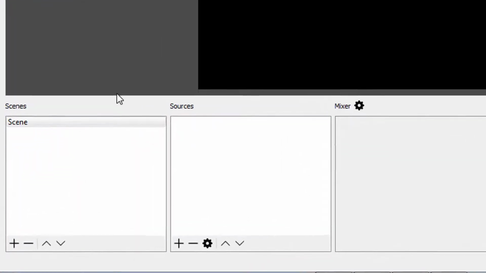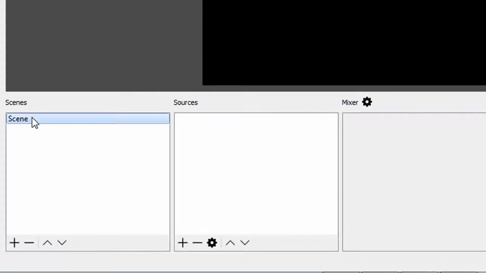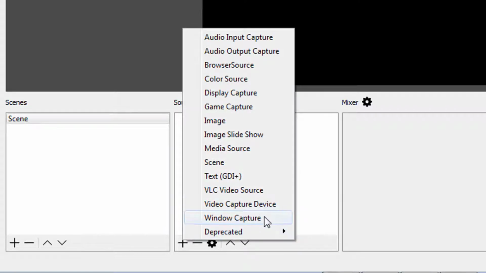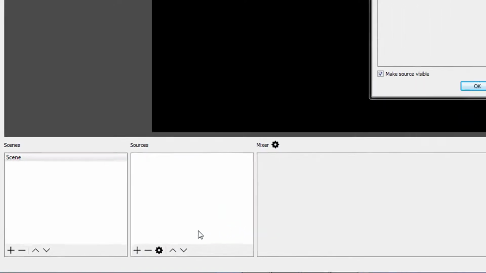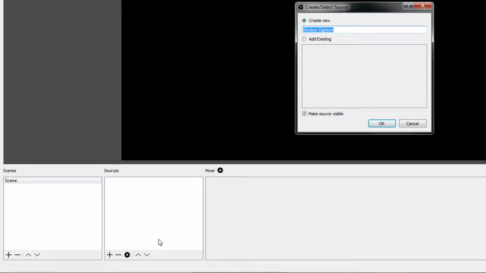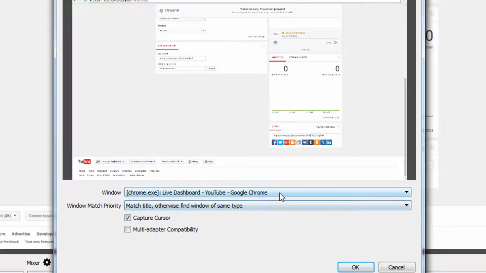Now for your OBS Studio, you should have by default one scene, but you don't have any sources, so let's go and add one now. I'll click the plus sign and then click Window Capture. So I have my Visual Components 4.0 product open in a window. I'll use the default name and then click OK for my source, and I can now select my YouTube account